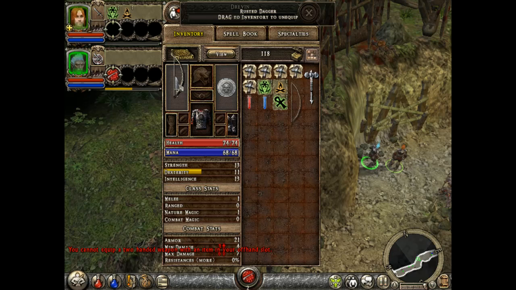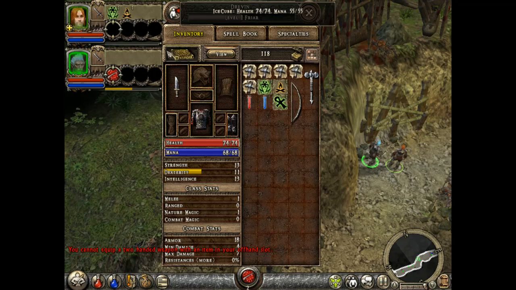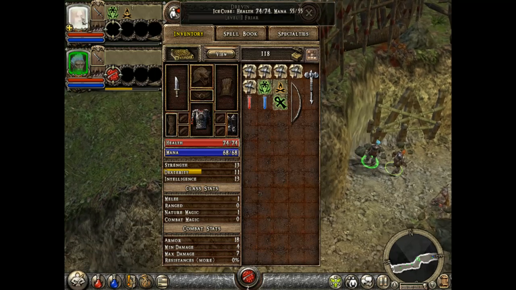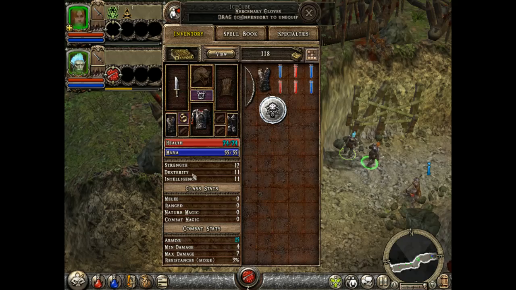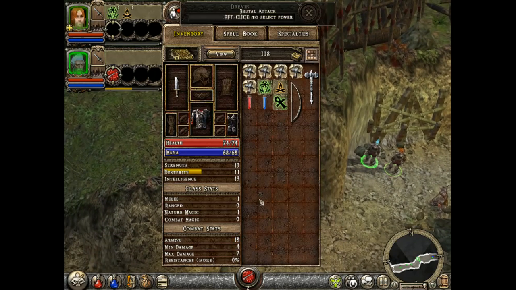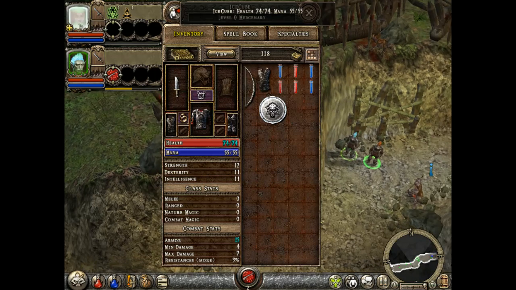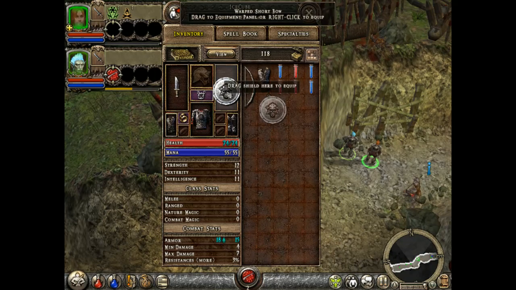Equip a 2-handed with. Okay. So, dexterity, strength, 12, 13 intelligence. So this character can actually be a spellcaster or a warrior,